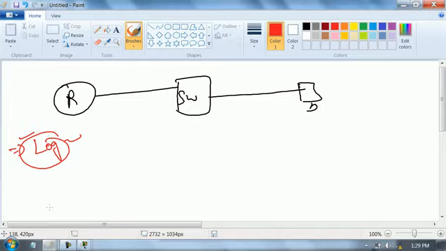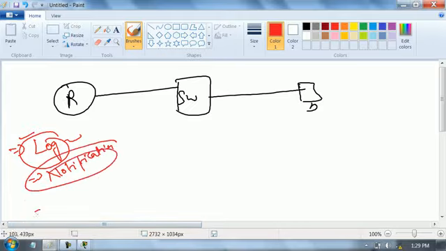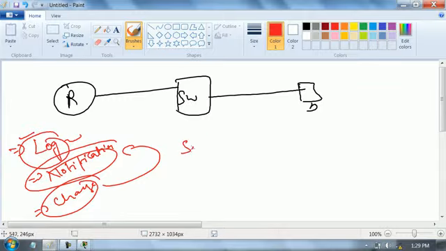Log means a kind of notification. Whenever something changes on router, it will give me a notification. Fine. Any issue? No. By default, router will send all notifications out of